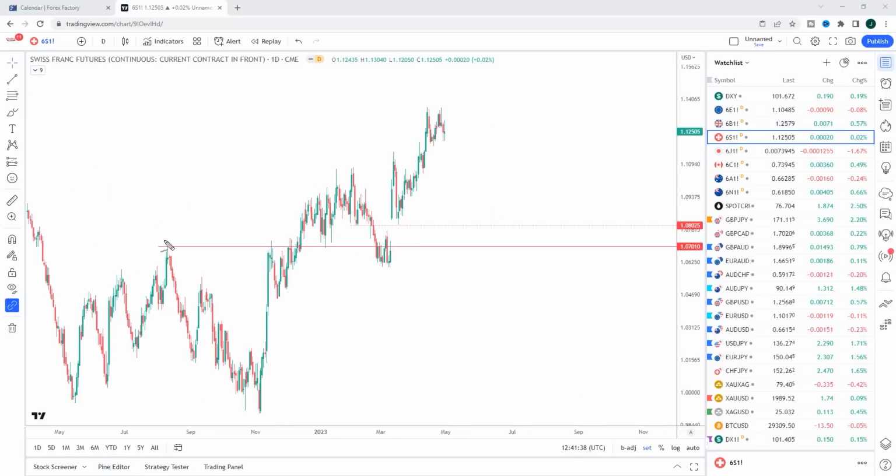Next is the Swiss franc. I've been highlighting Swiss franc long plays ever since the beginning of the year. I said Swiss franc was my favorite long overall. And again, last week, there were really good opportunities to the downside: Aussie franc, CAD franc, New Zealand franc, etc.